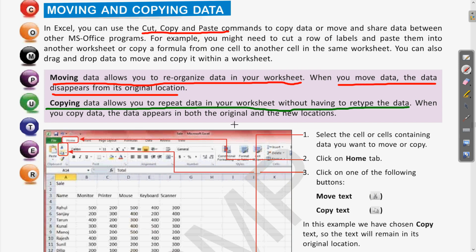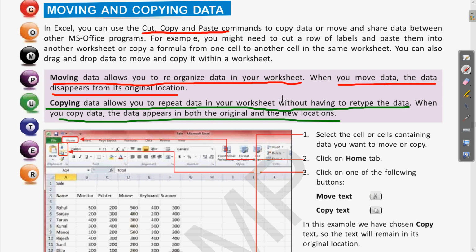Clear? So if you have to make a duplicate of that, or there is a similar type of data anywhere in the same worksheet or in a different worksheet, we can copy that. So it will be a duplicate of the previous one, and when you copy, the data appears in both the original and new location.